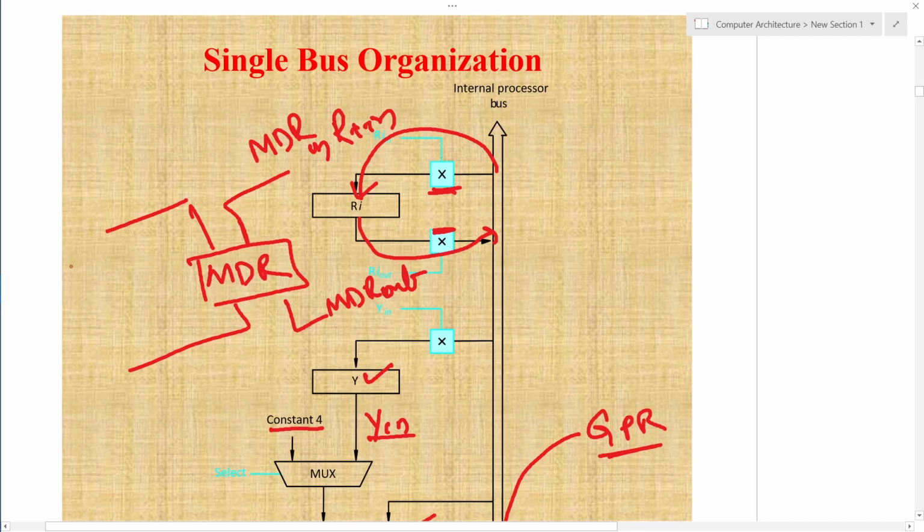That may be represented as MDR in external and MDR out external. So other than MDR, all other registers are basically 2 port, but MDR is represented through 4 ports because that register is connected to the system bus and also to the memory bus.